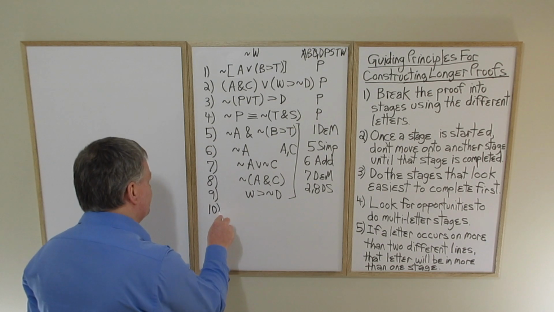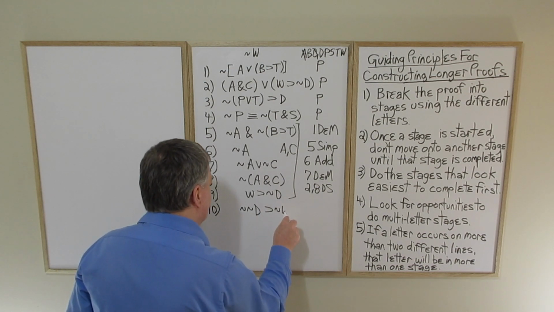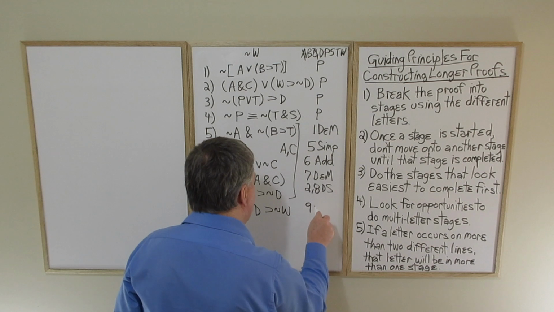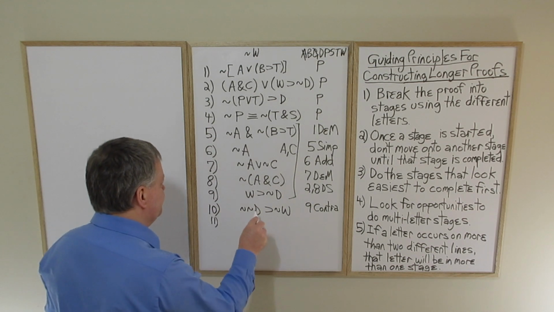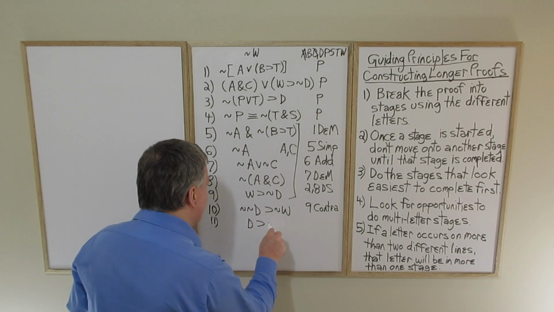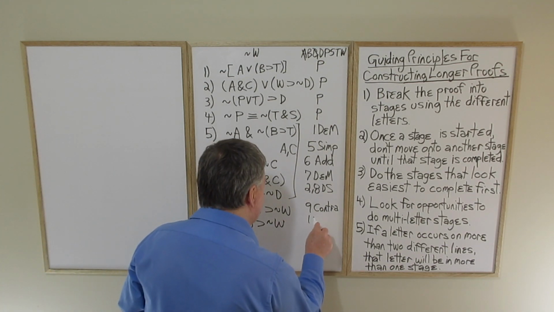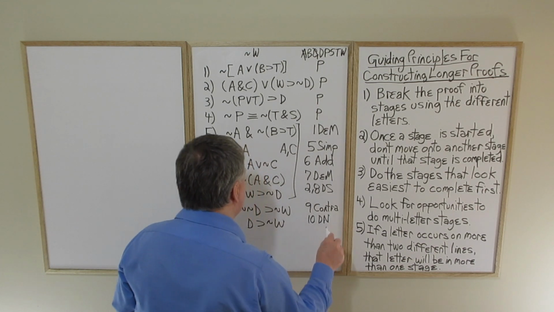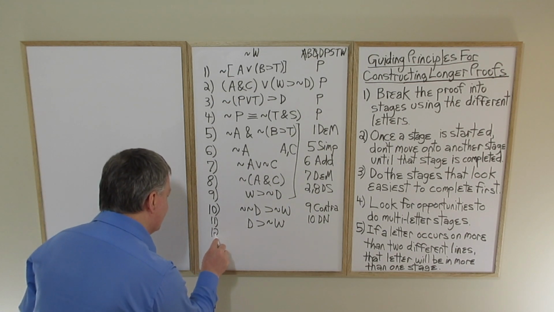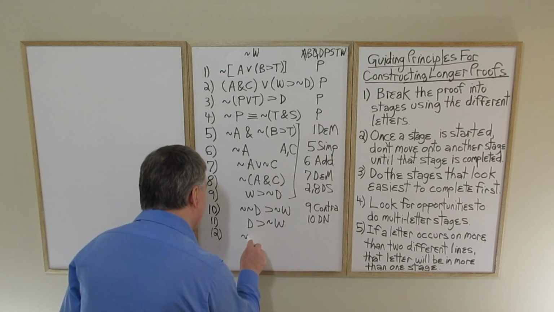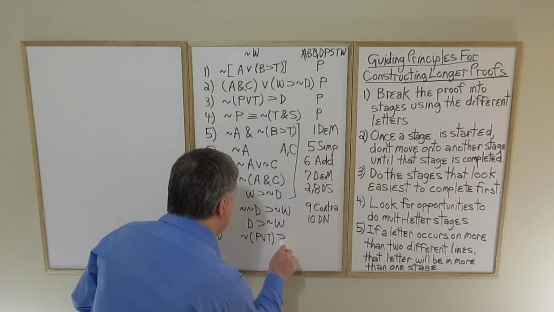So if we do 9 contraposition followed by 10 double negation on part of the line, just on the antecedent of the conditional, we've now set up to do 3-11 hypothetical syllogism to get tilde P or T horseshoe